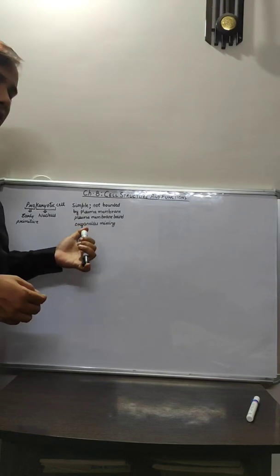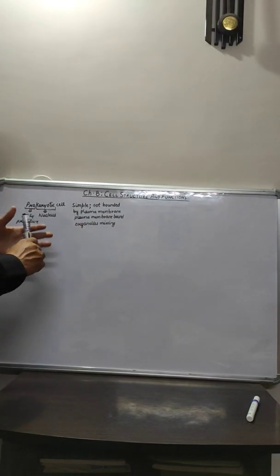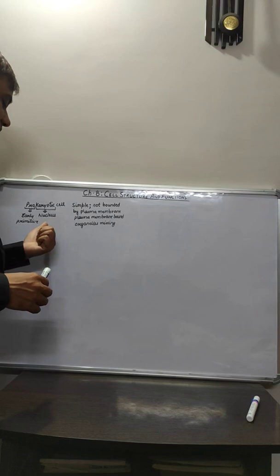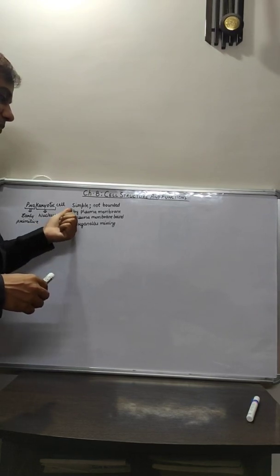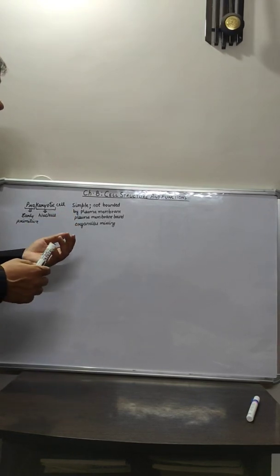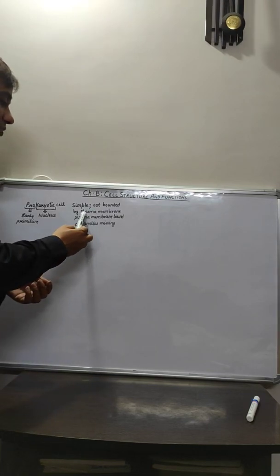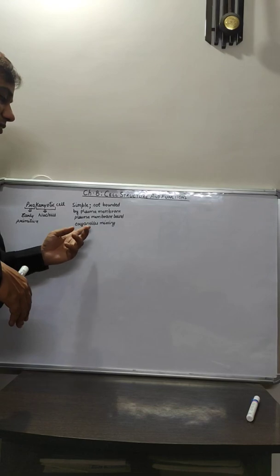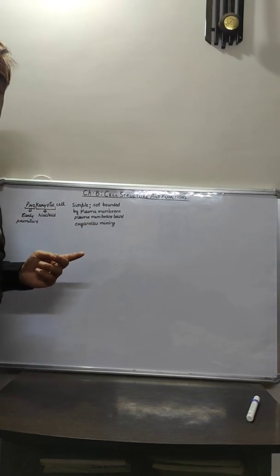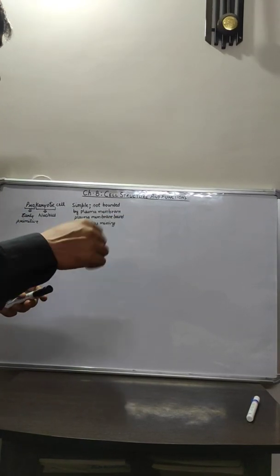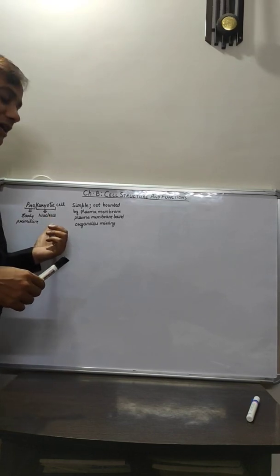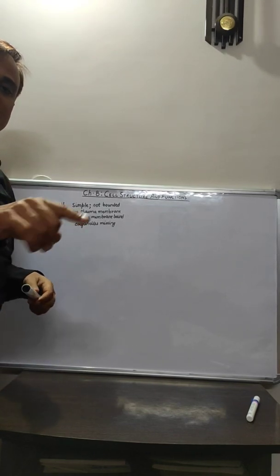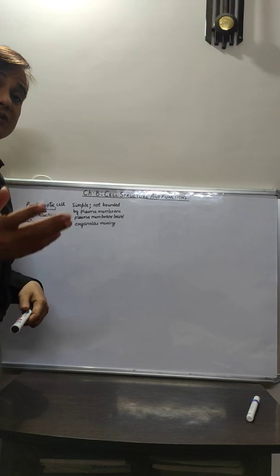These are the organelles. So when we are talking about the prokaryotic type of cells, these type of cells were primitive. Because they were primitive, that means they were simple, and because they were simple, therefore their cell structure was not covered by the plasma membrane, and the organelles were also not there. That means what type of organisms in which prokaryotic type of cells were present? They were unicellular organisms. What are unicellular organisms?